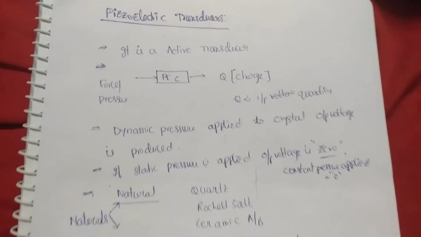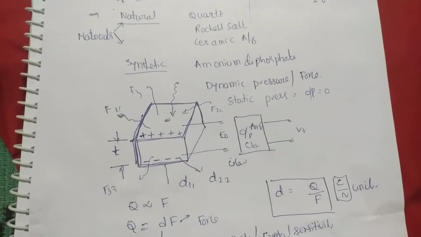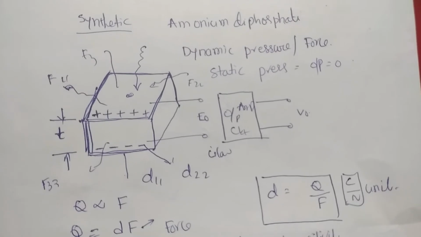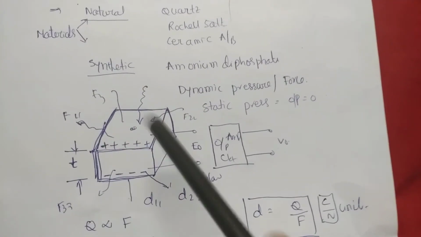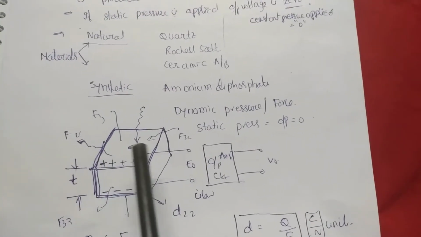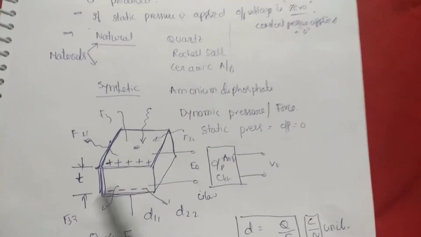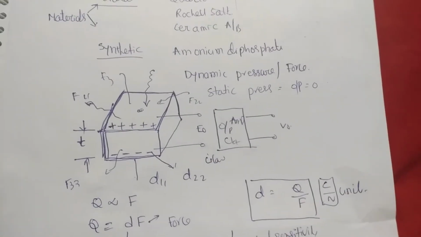What is meant by piezoelectric effect? If you take certain types of materials like quartz crystal, Rochelle salts and ceramic materials, and you apply a pressure or any vibrations across the crystal surface, the crystal deforms and charge is produced at the surface of the crystal because of the deformation of crystal orientation. That is the reason it is an active transducer.